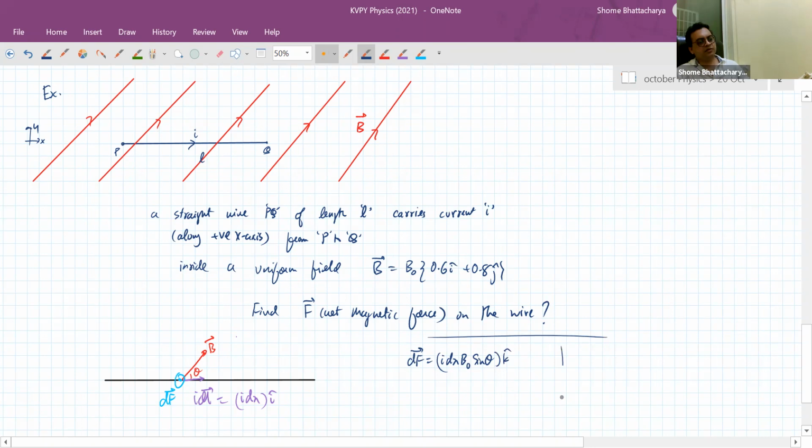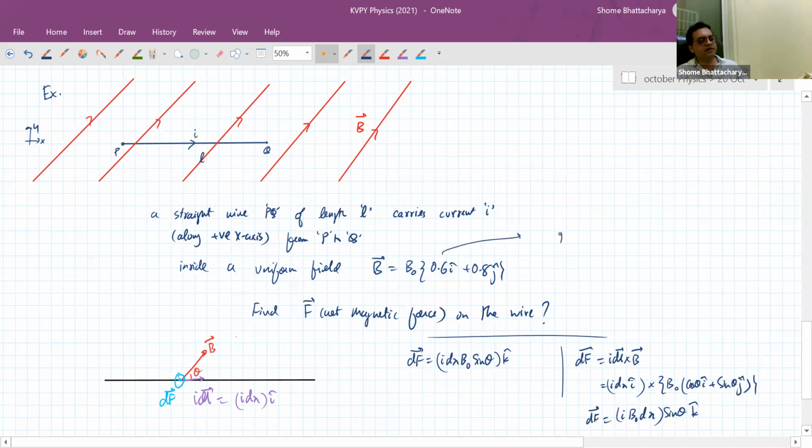Or you can understand it this way also, that dF is I dL cross B. So when you do this cross product, I dx i cap cross B naught into cos theta i cap plus sin theta j cap, you can see it is I dx B naught sin theta k cap, because i cross j is k and i cross i is 0. By the way, from this you can see that the magnitude of the field is B naught, and theta with respect to the x-axis,